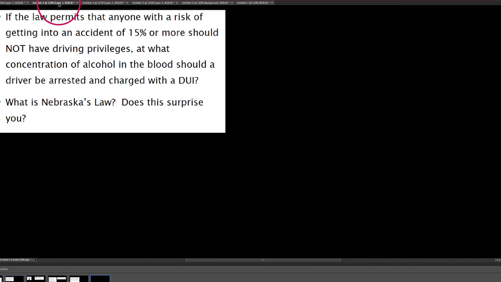is kind of compare this to the laws. But it says if the law permits anyone that's, with a risk of getting into an accident of 15% or more should not have driving privileges, then the question is, what's the cutoff level for the blood alcohol content that we should get here? So in other words, we're going to set R equal to 15. And we're going to say, well, what would the X have to be for our R to be exactly 15? We're going to charge and arrest anybody, or arrest and charge anybody with a DUI if they're above that blood alcohol content. So again, our model here is R, our risk, equals 3e to the